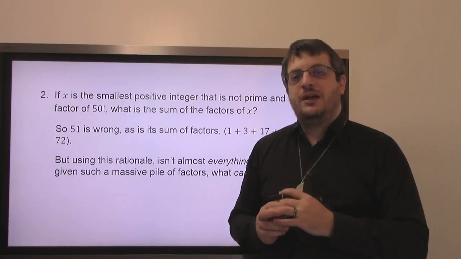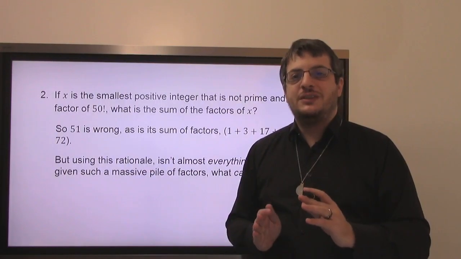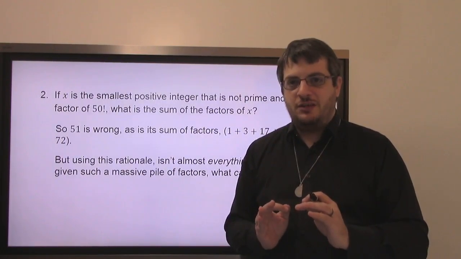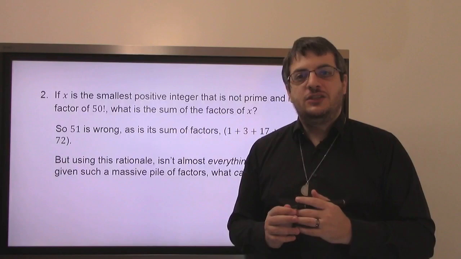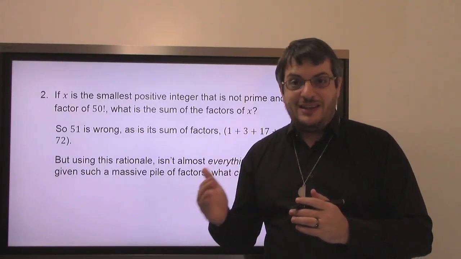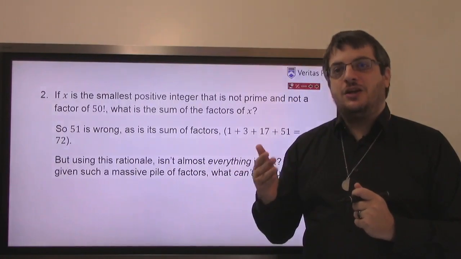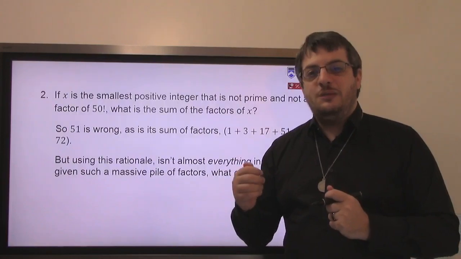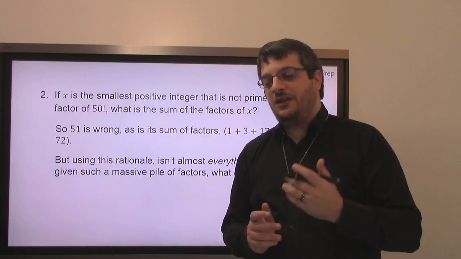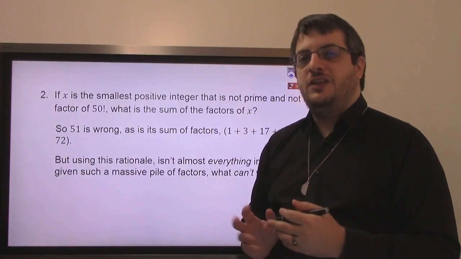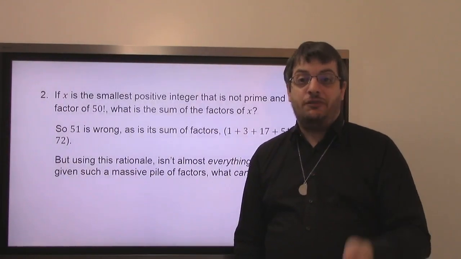And there's one type of number I can never build. Because you see, for a number theorist, prime numbers are the fundamental building blocks of the number universe. You can't make a prime. There's no building these. So any prime number that's not already in the list of 50 factorial, exactly, Arjun, any prime number that's not already in there is something that I won't be able to produce by multiplying all that stuff together. So it encourages me to think, what's the first prime number after 50? What's the first prime number I can't get out of this pile of stuff?